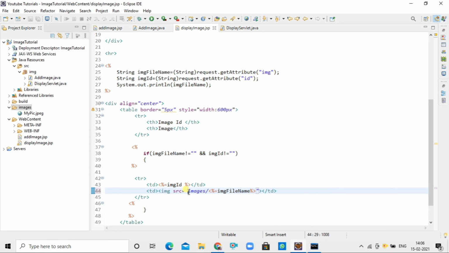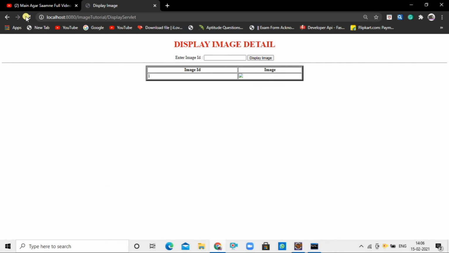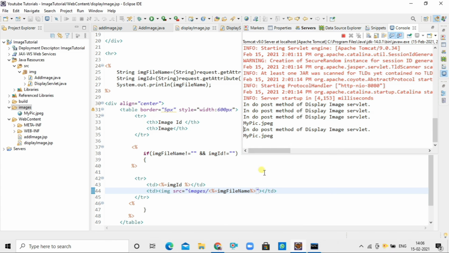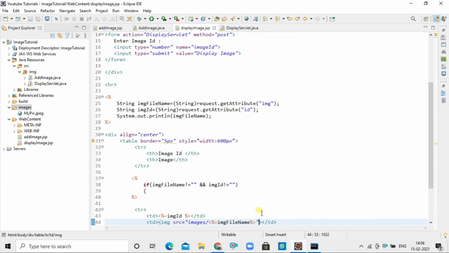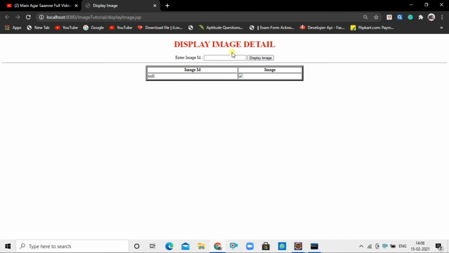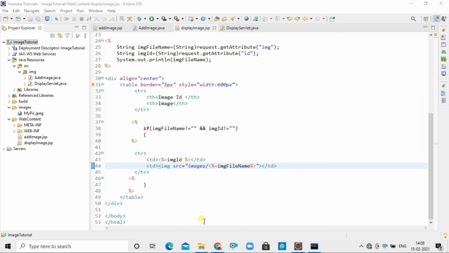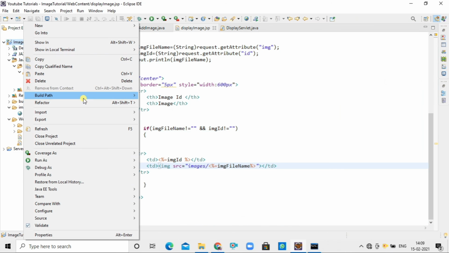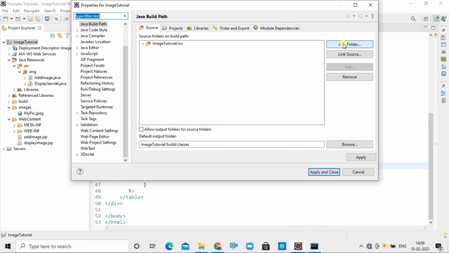Let's try to change this images folder path. Refresh it again. Not getting it. Let's add this to the source folder.